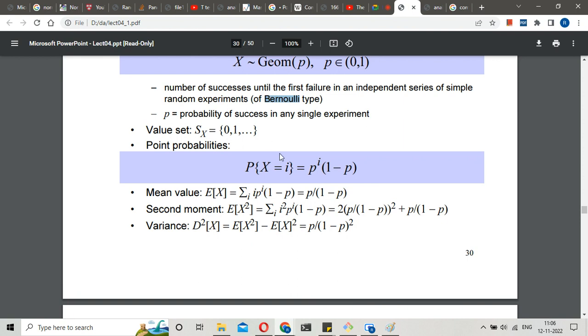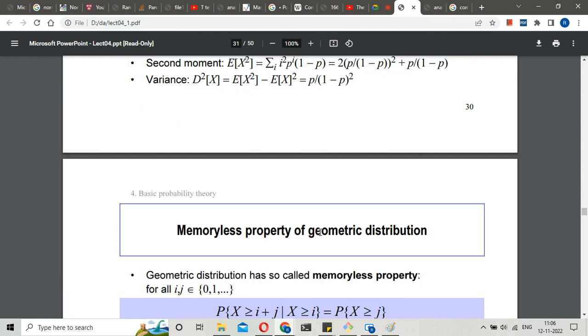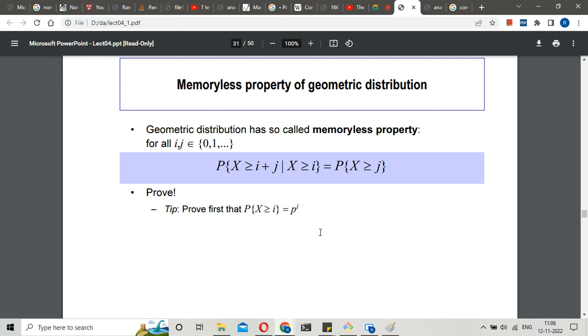So this is how we calculate these. Yeah, they have some standard formulas you can ignore. And the geometric distribution actually has a quite good property, that is what we call memoryless. When we say memoryless, you can say it is...